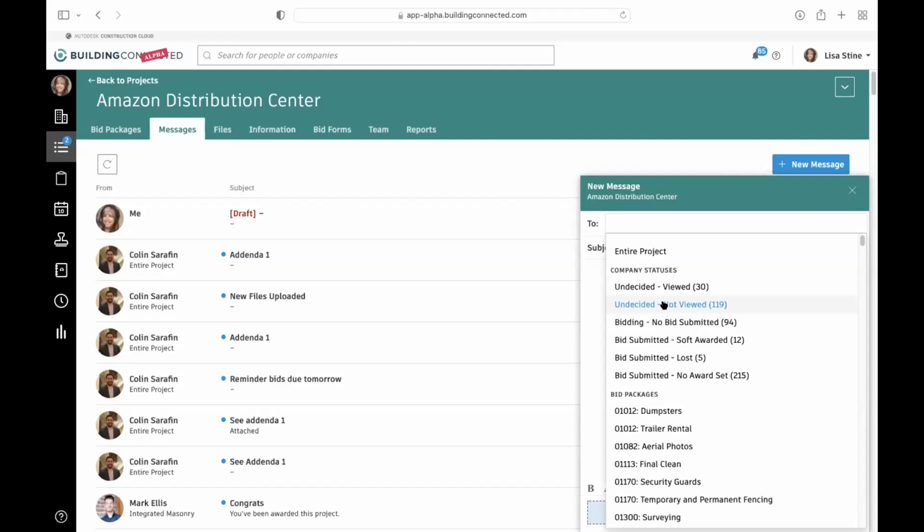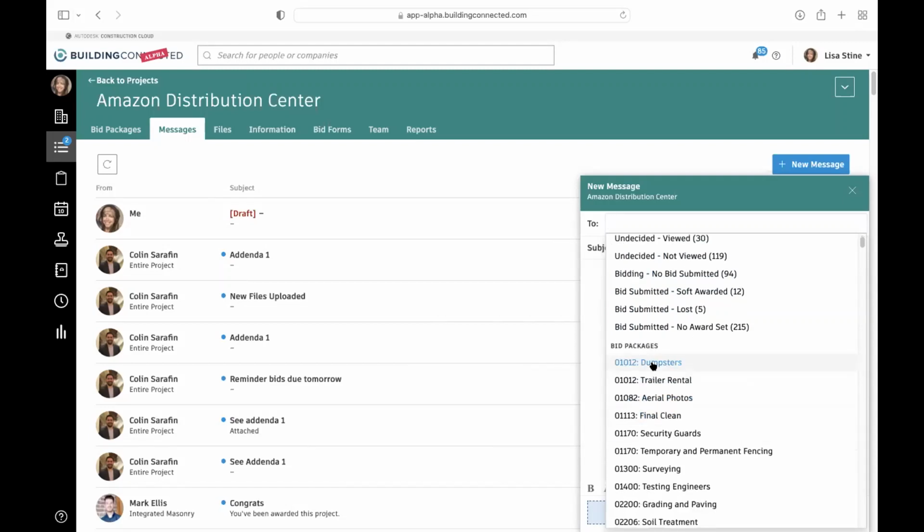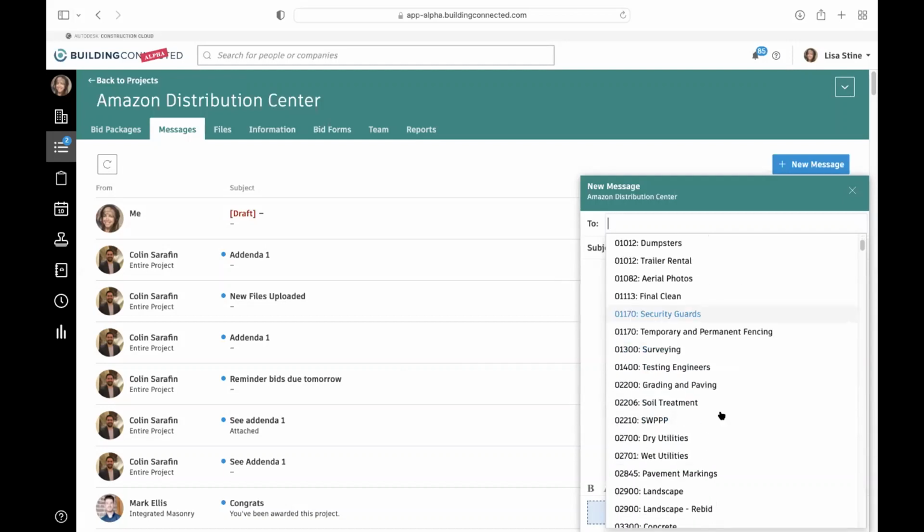So they're not going to know, oh, this other person is bidding on this project too, right? All of that's private. This is just a mass way for us to be able to communicate with those folks. Also, I could choose to just reach out to the subcontractors that are bidding on the dumpster bid package, right? Or the concrete bid package. So there's a lot of clarity, a lot of flexibility in here, or I could just message an individual person,